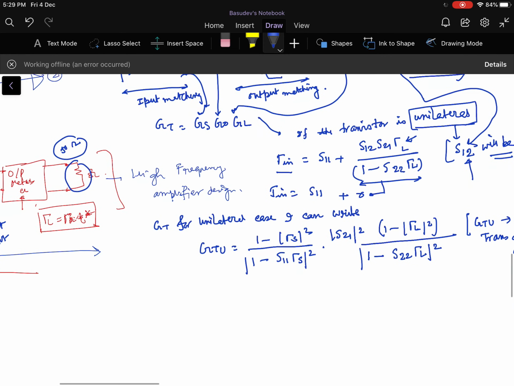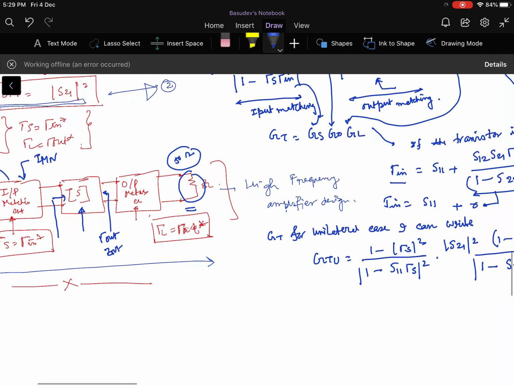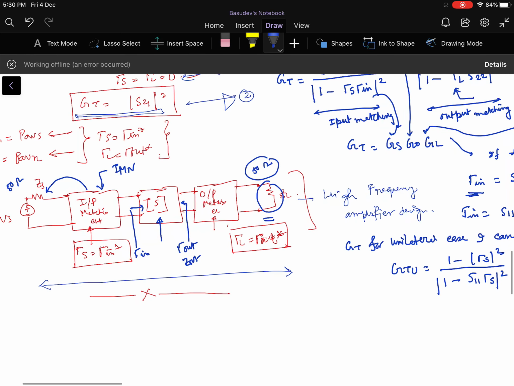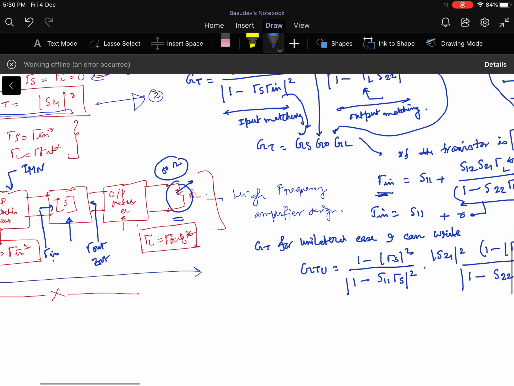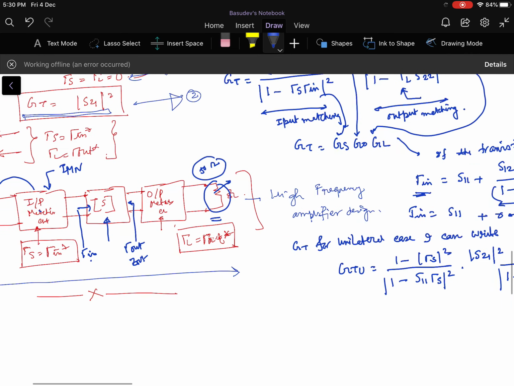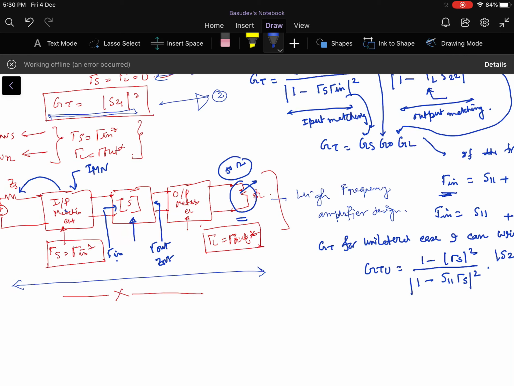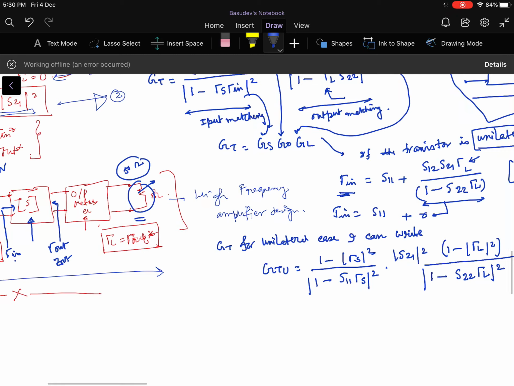The problem is, the moment you change this load reflection coefficient, tau in will change. Then you will have to change the input matching circuit, because it will no longer tune to that same frequency band. So every time you change tau L, the effect will come at the input reflection coefficient. In a similar way, if you see the expression of tau out, there is a quantity called tau s involved.